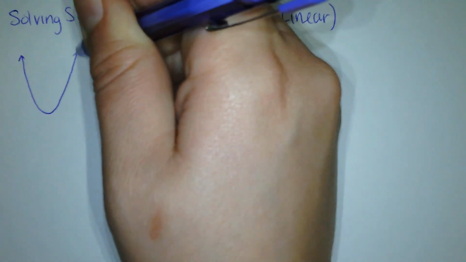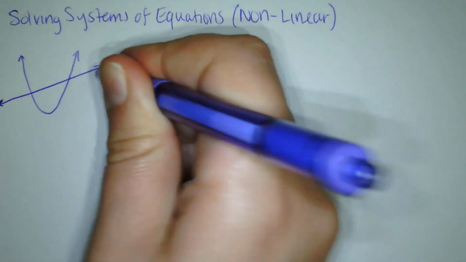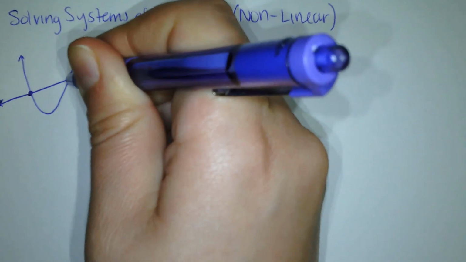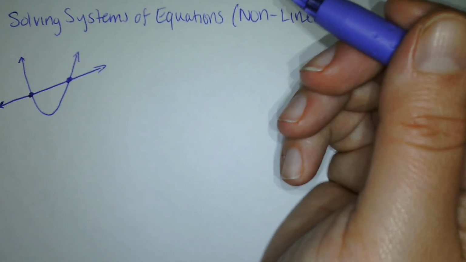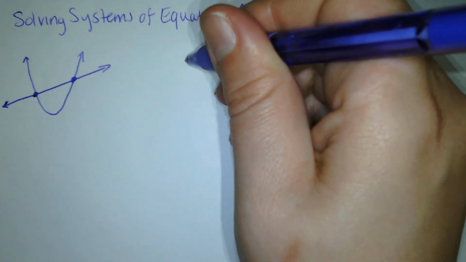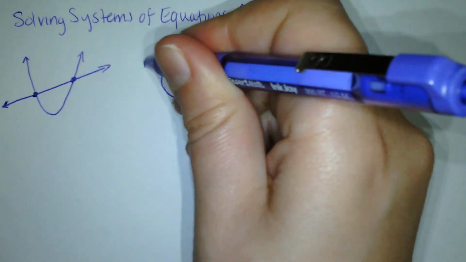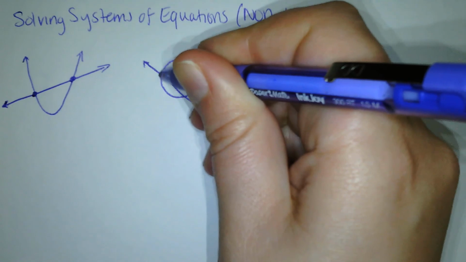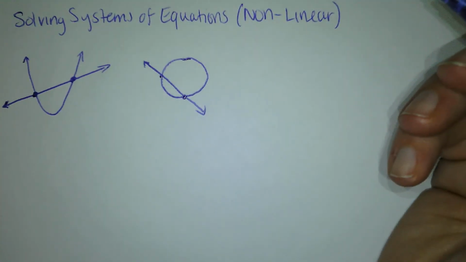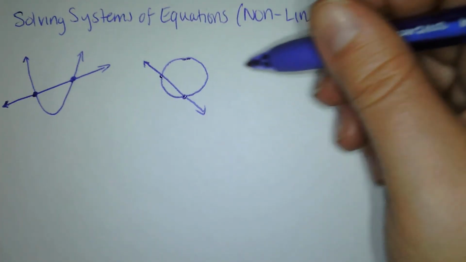So what does that mean? Well, what if we have a parabola, and that parabola is intersected by a line? Guess what? Two solutions. What if we have a circle, and that is intersected by a line? Two solutions. Can we have more than two solutions? Yes. What if we have